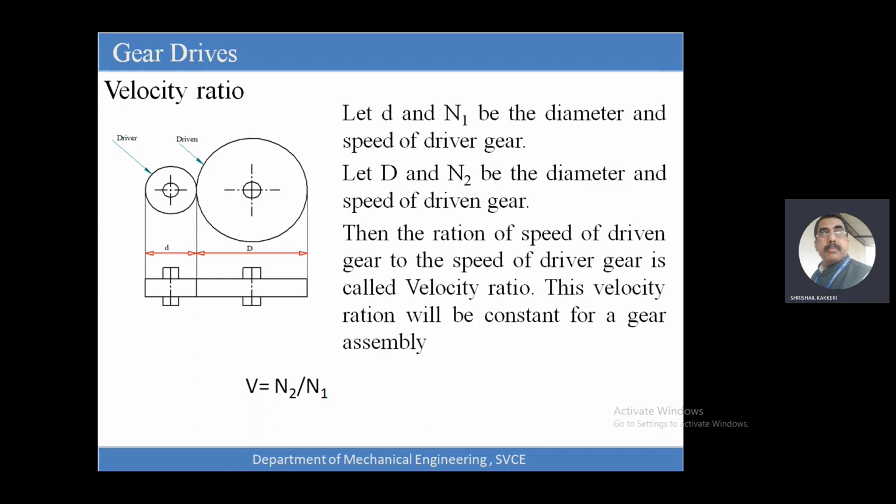Now, if it is for 5 marks, we can write the figure. This figure I have drawn. Let us say these are the two gears 1 and 2. Say D1, N1 and T1 are the diameter, speed in RPM and number of teeth on the driver gear. And say D2, N2, T2 are the diameter, speed in RPM and number of teeth on the driven gear. Then the ratio of the speed of the driven gear to the speed of the driver gear is called the velocity ratio. This is represented